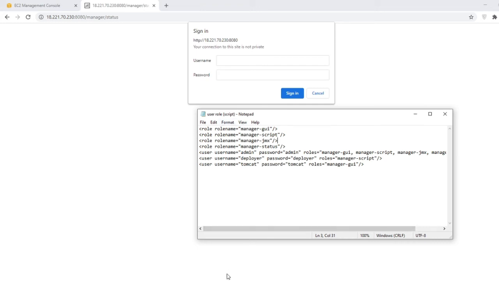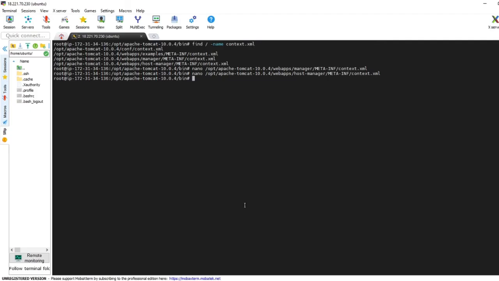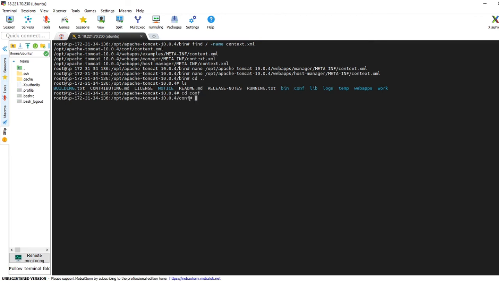So let me first go to that directory. ls. This is the conf directory where that file is stored. So here you can see that there is the tomcat-users.xml file which needs to be amended. So nano tomcat-users.xml.